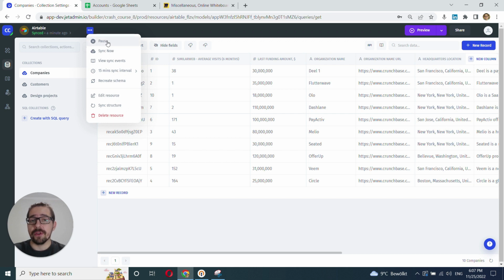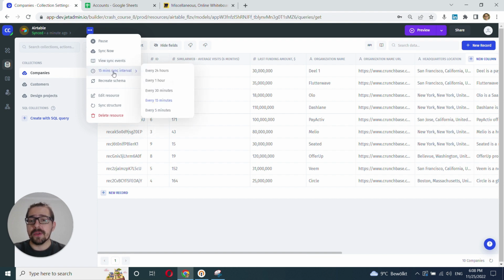So first of all, for the sync connection, we can pause this sync if we need to. We can force this sync if we've made some changes on the resource side and we want these changes to be reflected in JetAdmin. We can click sync now and we'll pretty much force sync, and we'll sync immediately instead of waiting the set interval. You can also get access to sync events here.